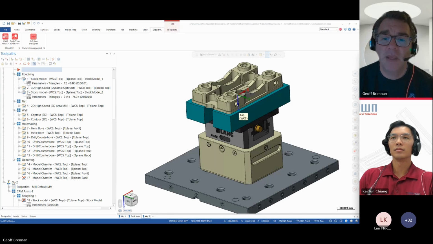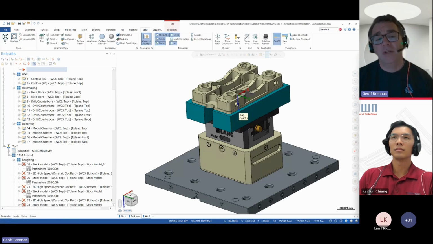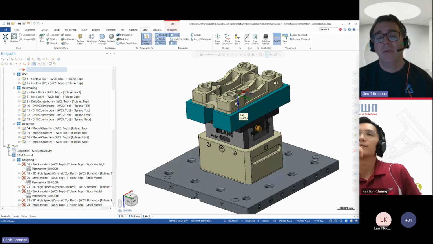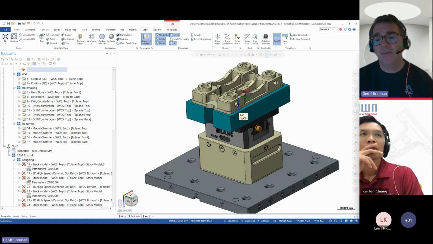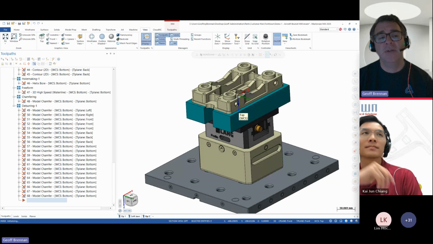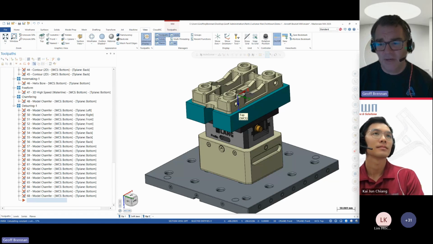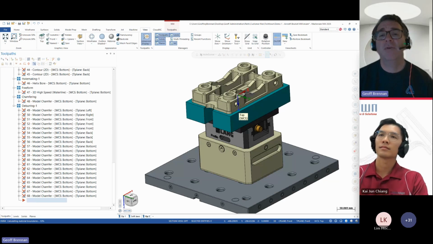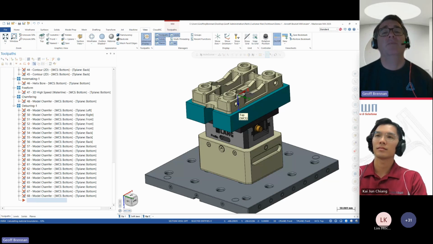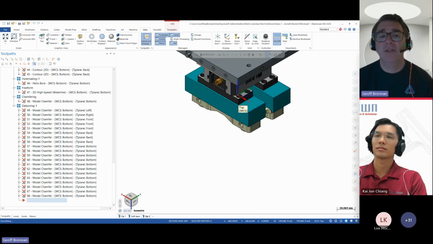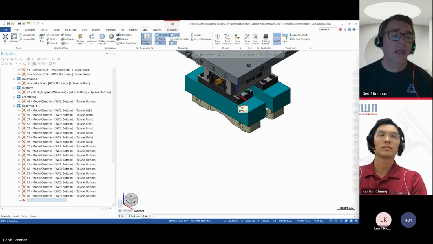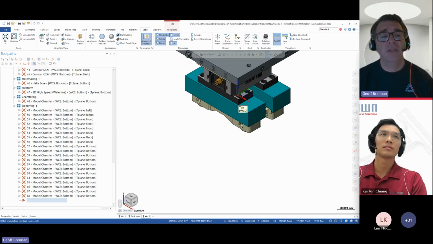So in 3+2 situations, helping the user set up picture frame type cutouts or snap out type operations, in a rudimentary way initially, like we have with the Softjaw Designer, but then bringing those processes together so that it becomes more of a single operation to say, here's my part, here's how I want to machine it. Cam Assist, set up the part, set up the fixturing and the work holding, and provide the toolpaths I need to send to my machine.